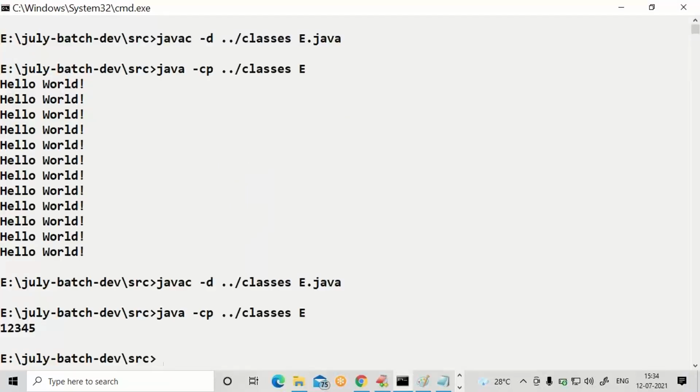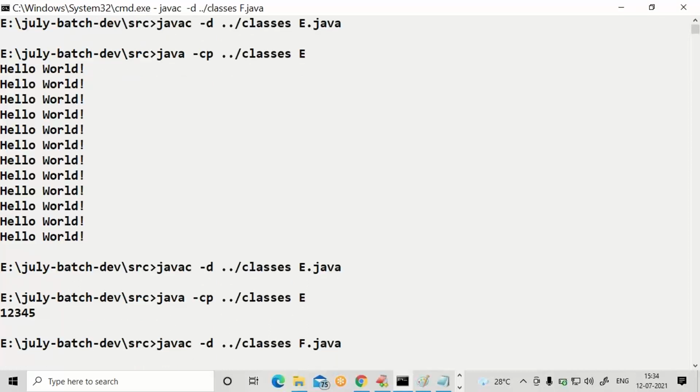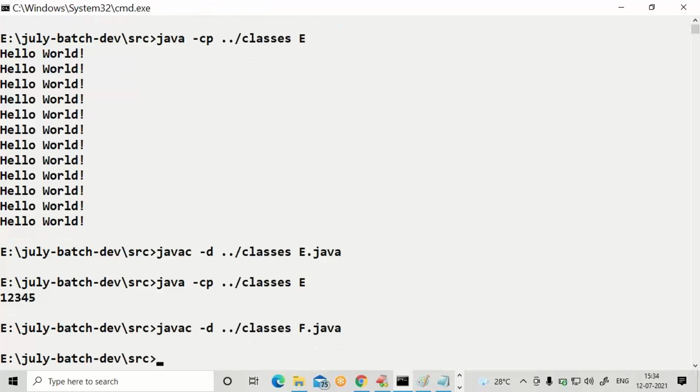Again, two times up arrow, modify from e.java to f.java. One time down arrow.